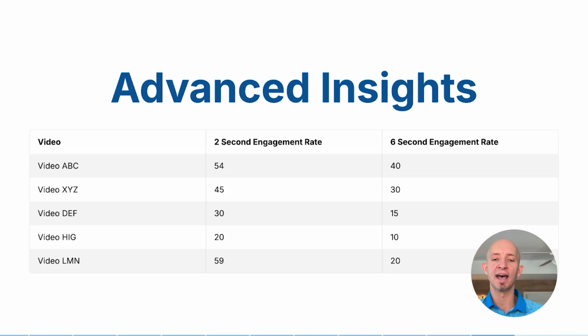All right. So hope you get that point. Now what you're going to do is jot down, what's my 2-second engagement rate? 54, 45, 30, 20, 59. Okay, great. Then jot down your 6-second engagement rate for each of those videos. Okay. That's why I say every 24 hours, if you just do this before you go to bed every night, just so it becomes a routine, I promise it will take you no more than 1 minute.